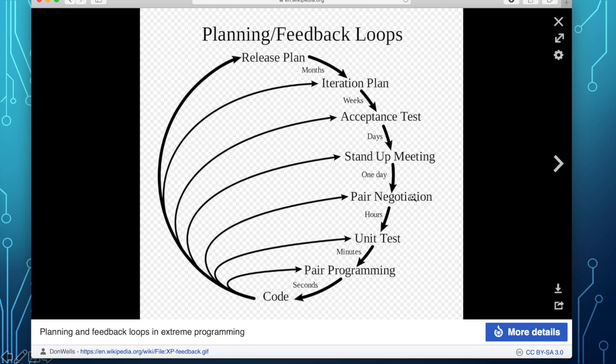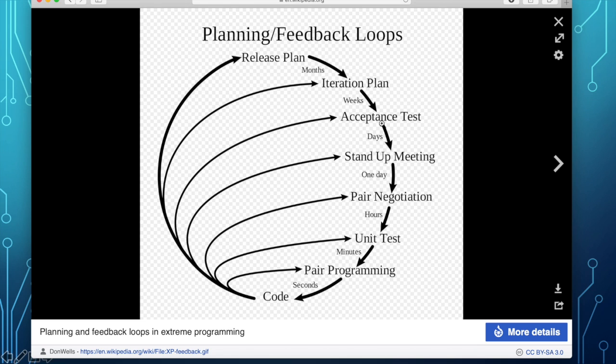Okay. And then they attend a stand-up meeting of other pair programmers, to discuss what they have accomplished and what they have to do to integrate their code together. Then the next step is acceptance test. So after integrating the work of the pair programmers, they do an acceptance test.